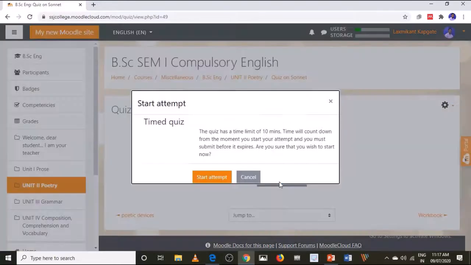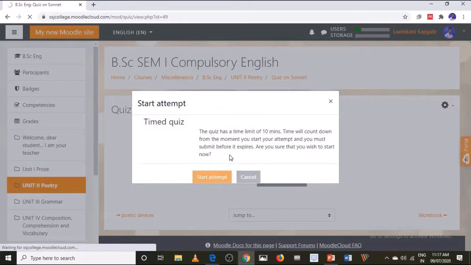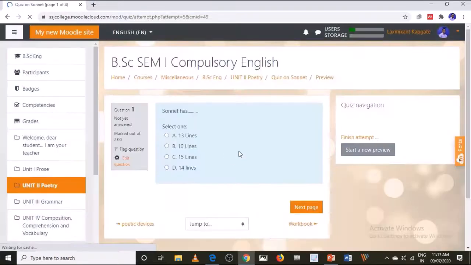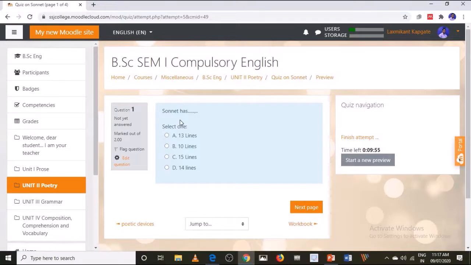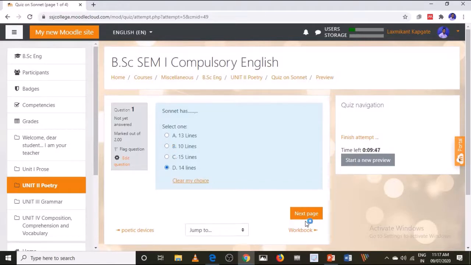Let me start. It is asking your permission, start attempt, and the multiple choice type of questions are there. Start preview, and 4 options are there. I can choose the correct answer like this and go to the next question by clicking on next page.